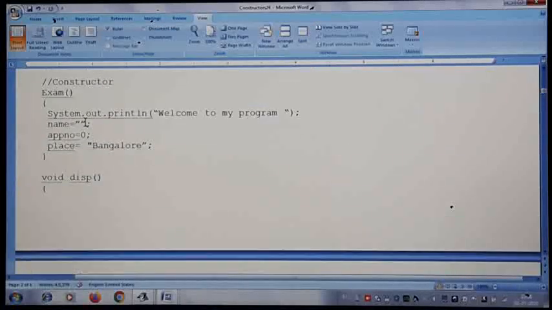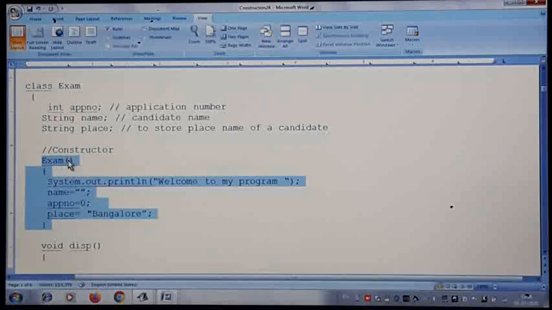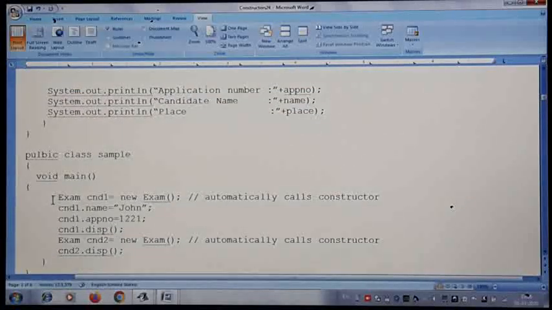Constructor is also a member method with the same name as the class name, with no return type, not even void we write for the constructor, and the main purpose of the constructor is to initialize the object with any legal initial values. And constructor is called automatically when you create an object. So these points are very important which you need to know about the constructor.